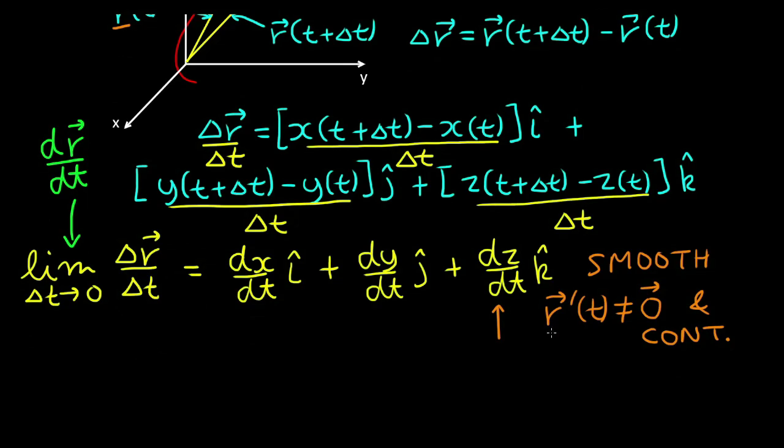So essentially this means that the component functions x of t, y of t, and z of t have continuous first derivatives that are not 0 simultaneously, or at the same time. So similar to real valued functions, a smooth curve means there's no sharp corners or cusps, and you can also